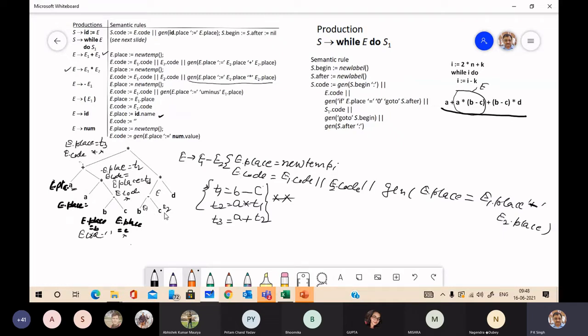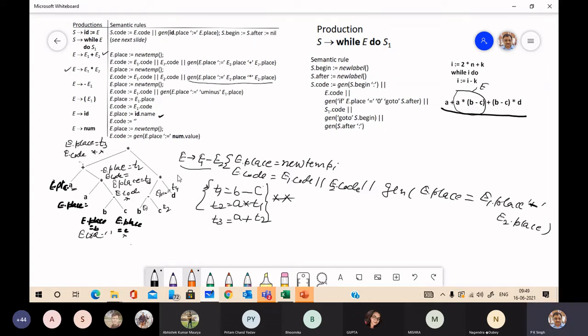Similarly, E2.place is C. So we go for this operation using this production. In this production, for this E.place, it will generate a new temporary, that is T4.